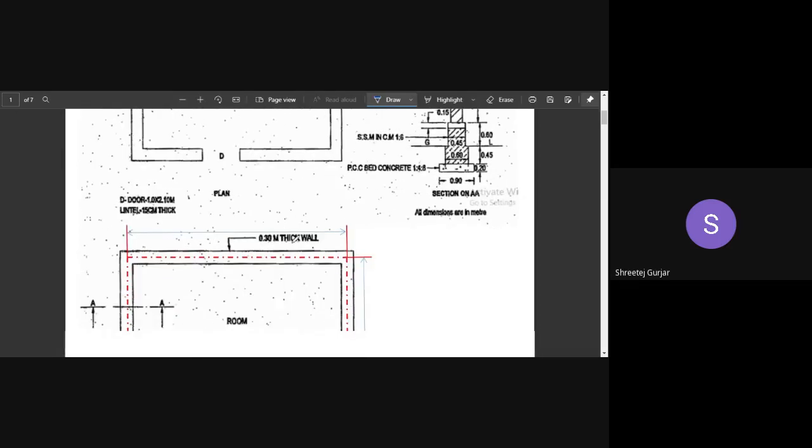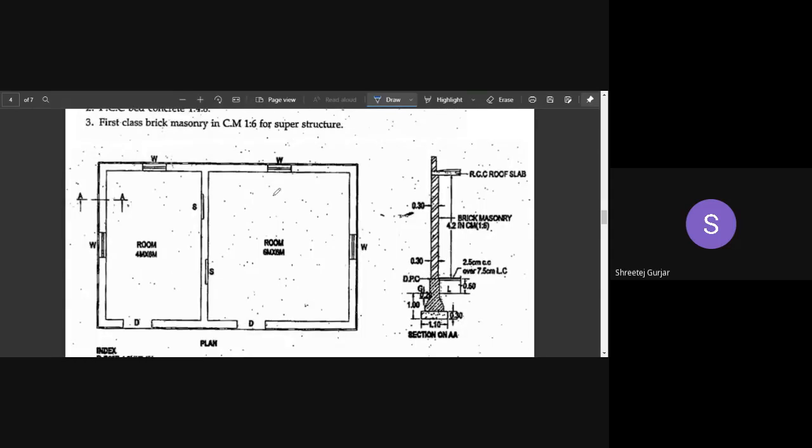Now coming to your second example, can you identify if this is a load bearing or an RC structure? What I have told you is, you have to look for columns. In this plan also, you can see there are no columns, meaning this is also a load bearing structure. Also, you can identify through the section. You can see the wall, which is directly resting on the foundation. The load is transferred from the slab to the wall, and the wall bears the load. So this is also a load bearing structure.